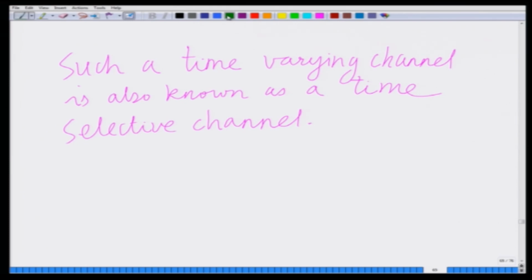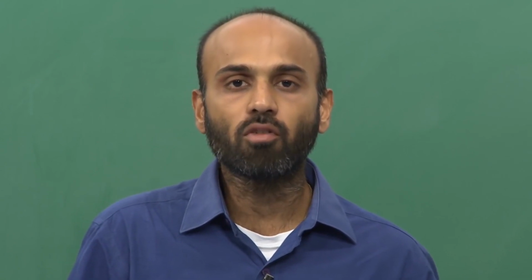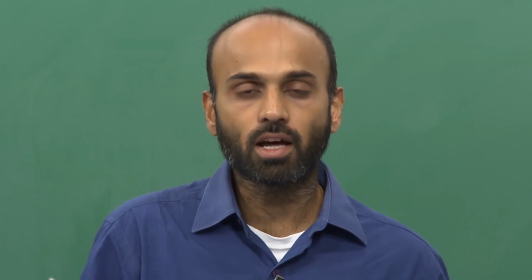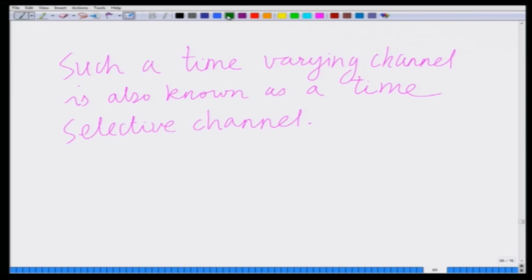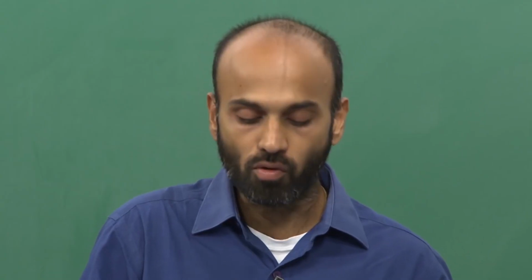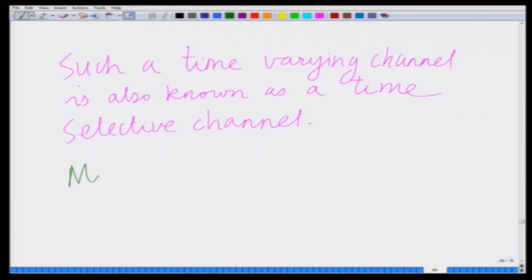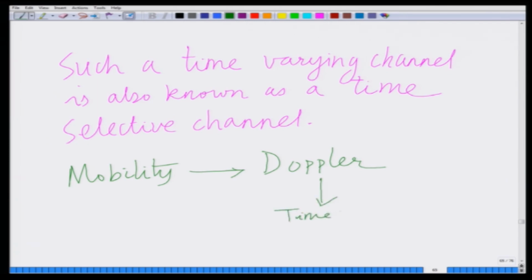Therefore, what is the reason for this time selective channel? That is because of the Doppler. Therefore, what is happening in this scenario, because of mobility, that is because of the mobile nature, because the user is moving, this mobility is giving rise to Doppler. This Doppler is resulting in a time varying channel,